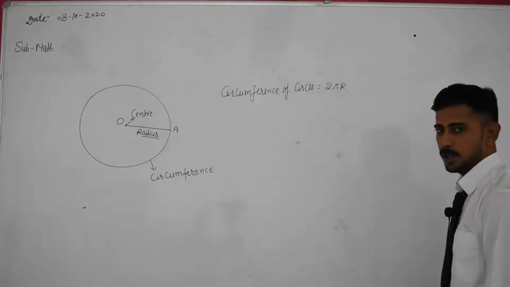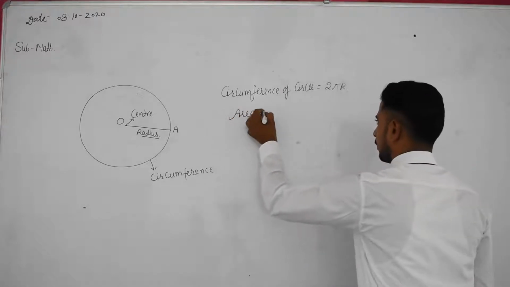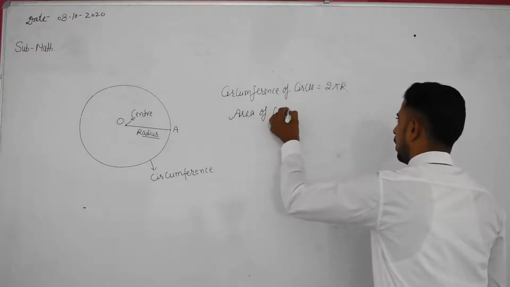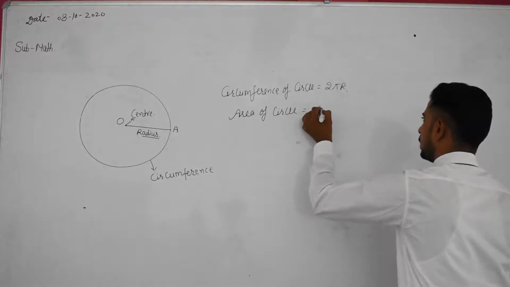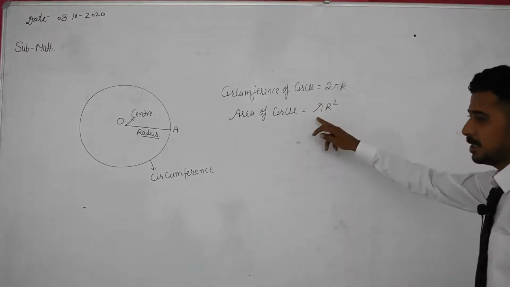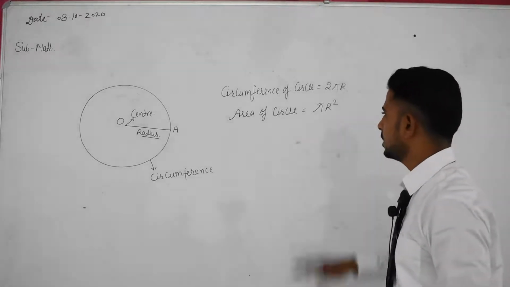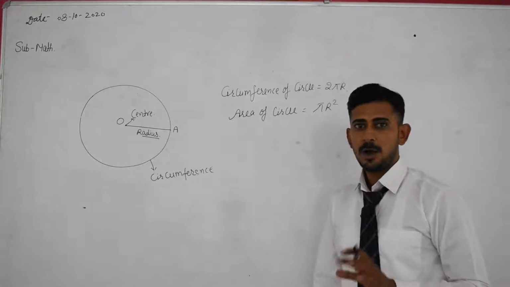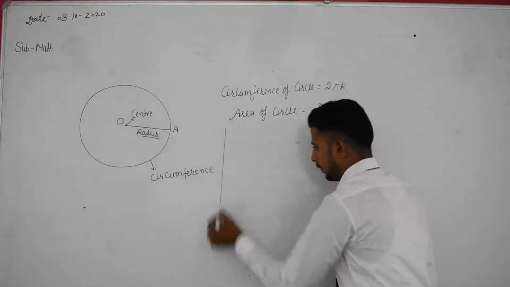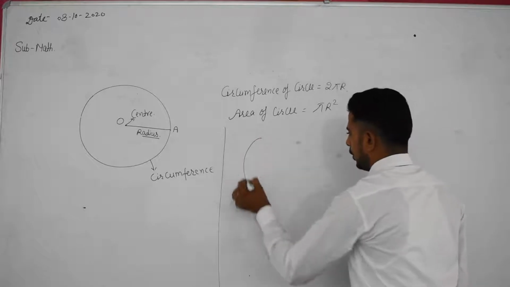Circumference of circle is equal to 2 pi r and area of circle is equal to pi r square. Here pi is equal to 22 upon 7 or 3.14 and r is the radius of the circle. Okay. If in any circle